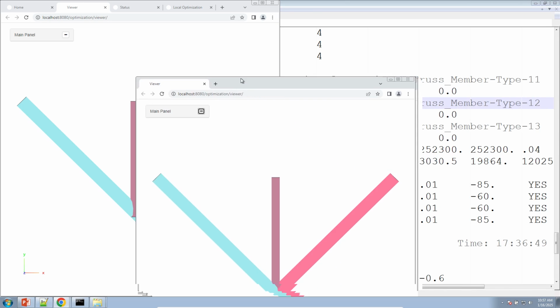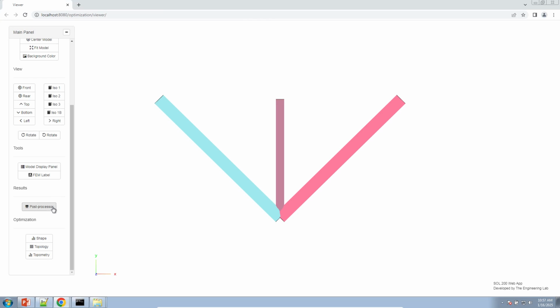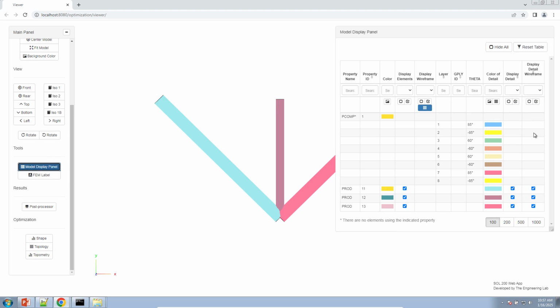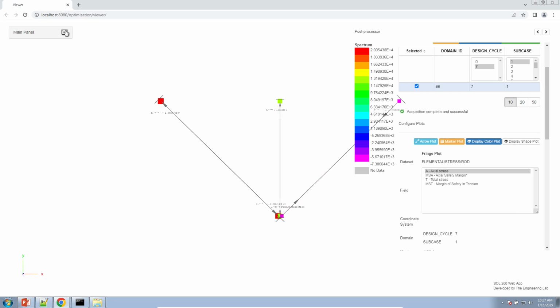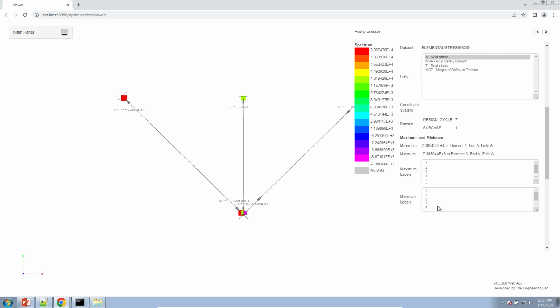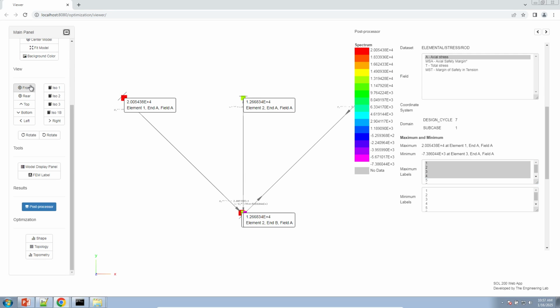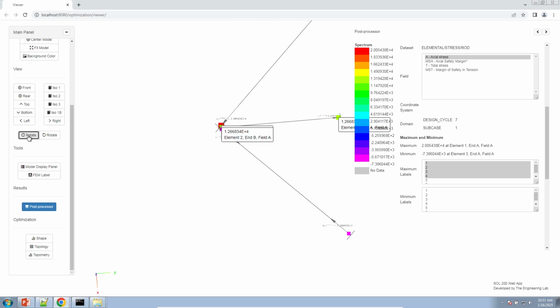Another thing left to do, we want to look at maybe the responses. We want to look at the displacements or the axial stresses. We also have an option to look at that data. So let's go ahead and turn off the cross sections and let's go ahead and look at the results. So here right now we are looking at the axial stress. Let's go ahead and rotate this model a little and let's zoom in so we can look at the axial